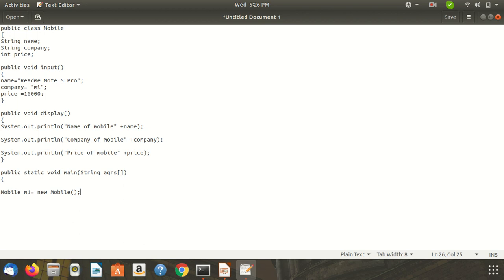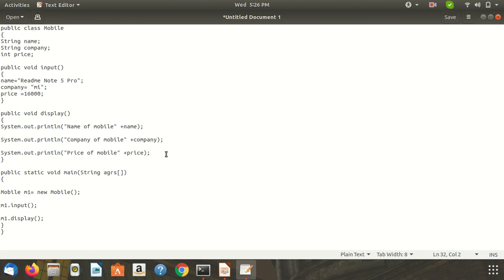So it will call the default constructor of the class Mobile, and then call the method m1.input. So control goes to the input method, and it will execute the set of statements defined within the input method. After that call the second method, m1.display. Then complete the main method and complete the class.